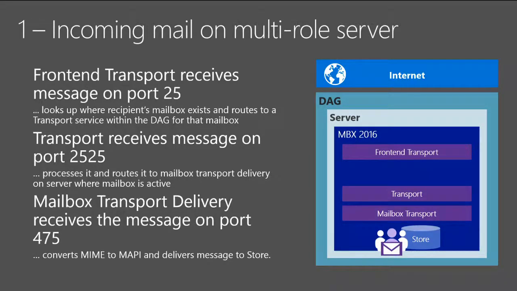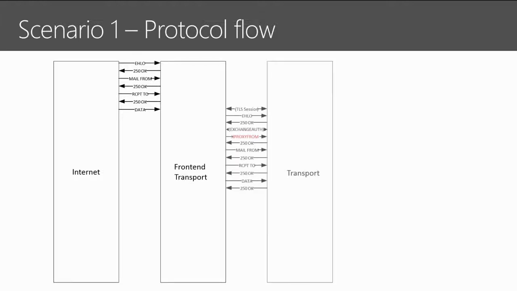If you look at this sequence of events using the protocol flow, this is what it looks like. You have the internet SMTP server that's trying to connect to the front-end transport box. It goes through the regular SMTP protocol of an EHLO, a 250 OK, a mail from, rcpt to, and then when it starts sending data, it's at this point that the front-end transport process has the recipient. It has to wait for the rcpt to get the recipient. It anchors on that recipient, finds which transport service to talk to, and then establishes a TLS connection to that transport box